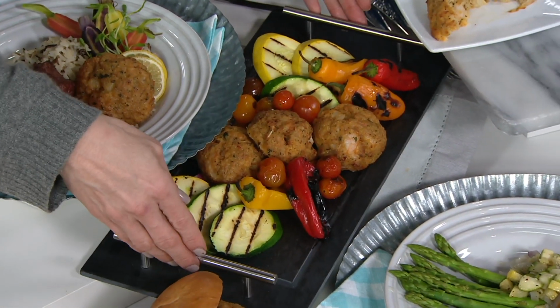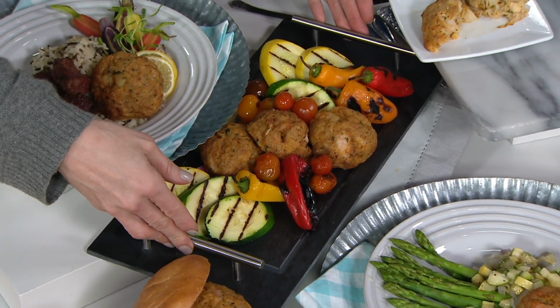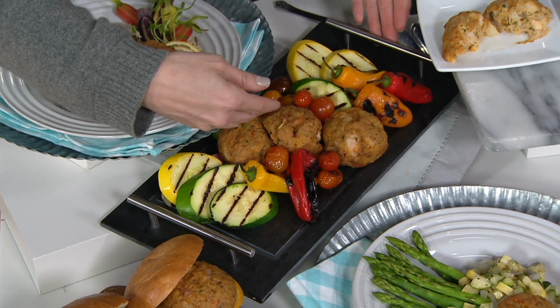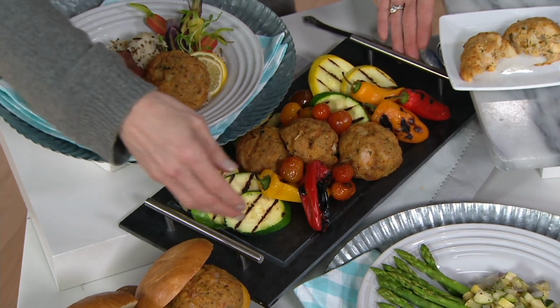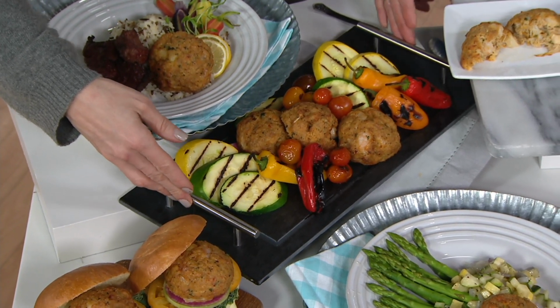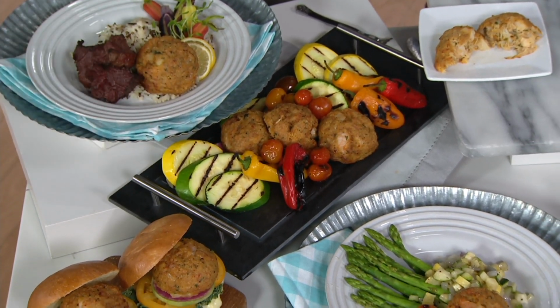But look at here on this platter. What a wonderful way to put out a little bit of a buffet and let everyone pick their Maryland-style seafood cake, pick their grilled vegetables, and look how gorgeous this looks. And they're filling. And I highly suggest you build to ship to, because as a Marylander, when I lived in different